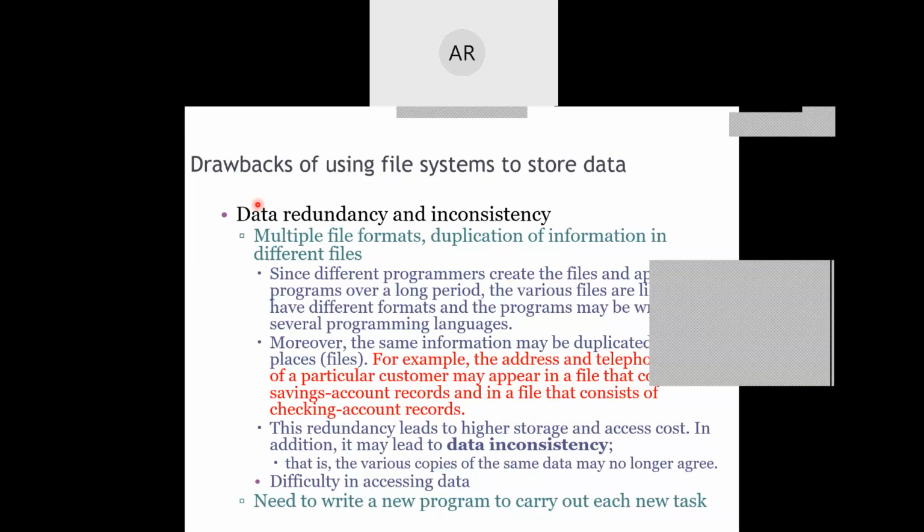There will be inconsistency, a mismatch of information between those two data. Those were the first and foremost drawbacks of the file system. Due to these drawbacks, we wanted to move from the file system to the database management system. So the first drawback is redundancy, the second drawback is inconsistency.